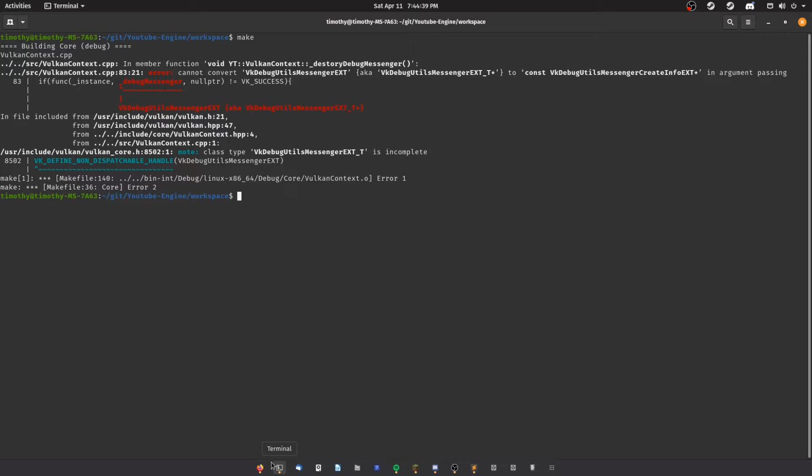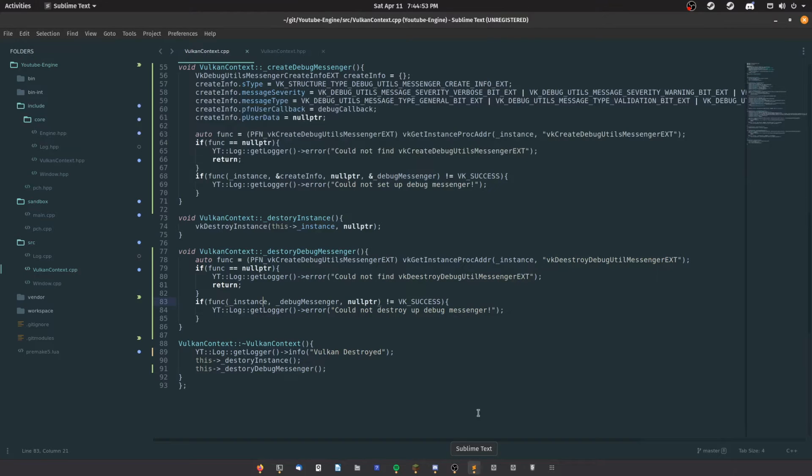To const. Let's double check what we have here. So I am actually going to move this up because we need to go backwards. If we destroy the instance first, we pass an instance here, or we need an instance, but if we destroy the instance before we call this function, it's going to be bad. So this debug messenger